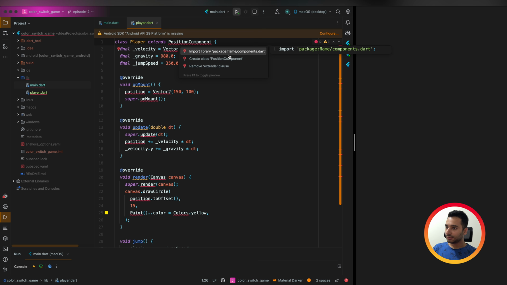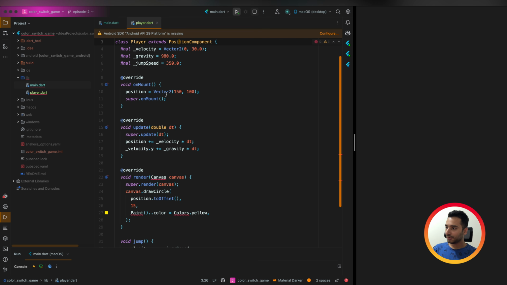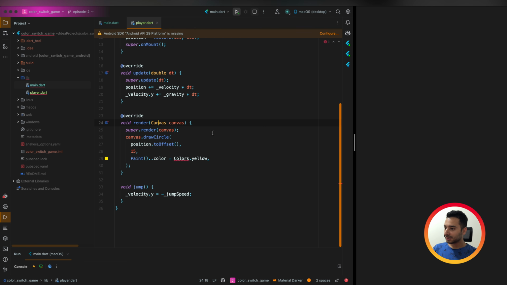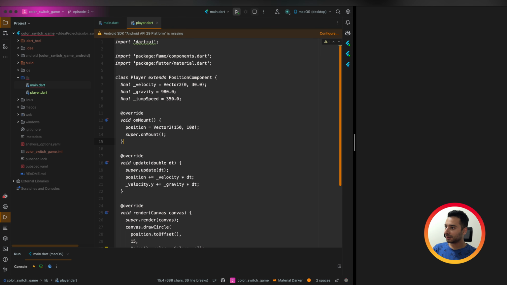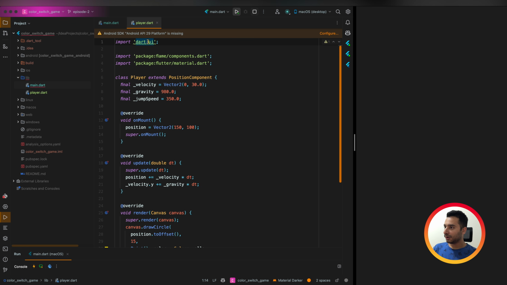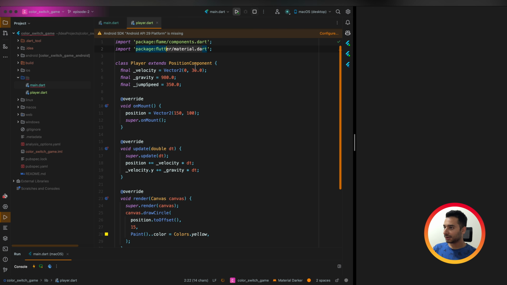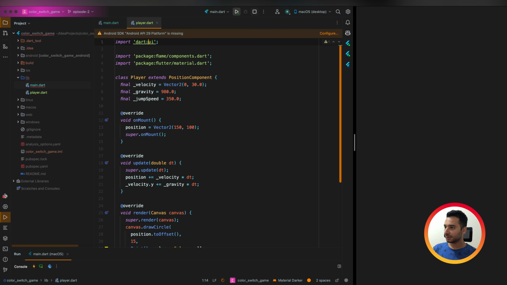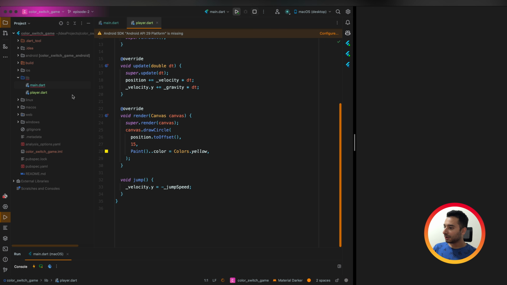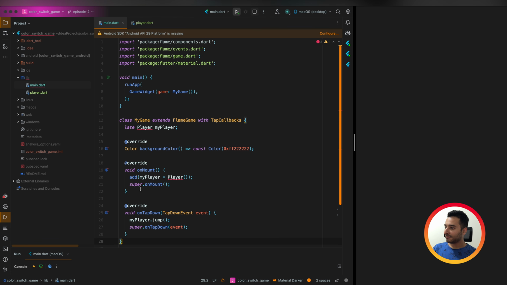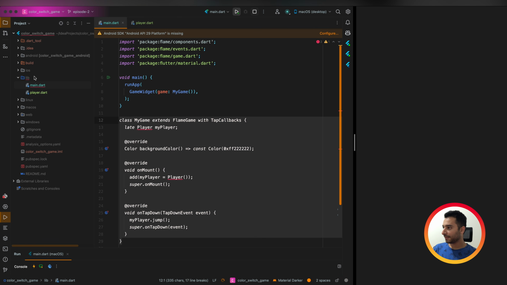We need to import Flame components and canvas, and also colors from material. Okay, so in material we have canvas. And here we have our game.